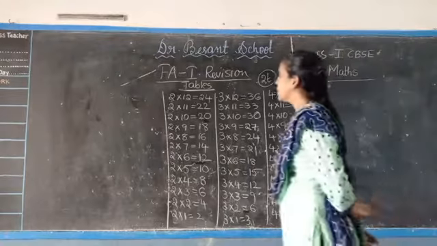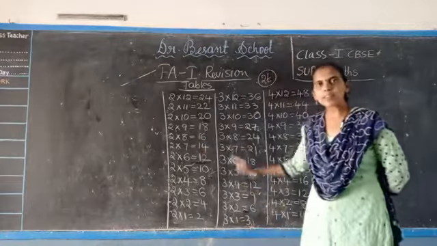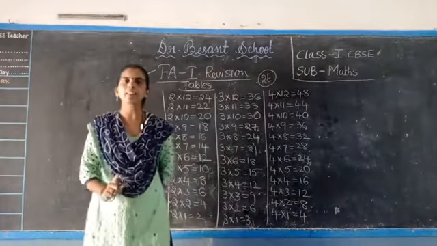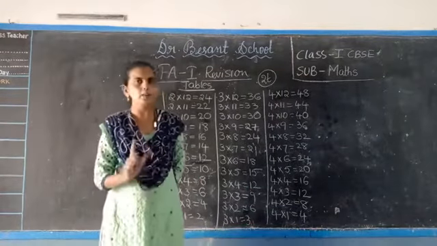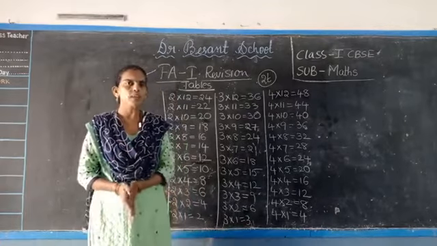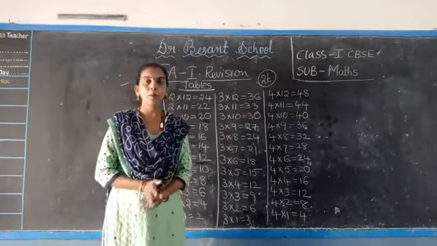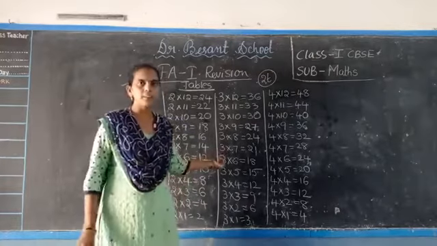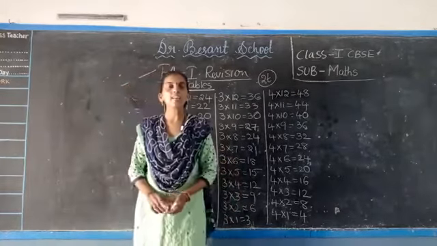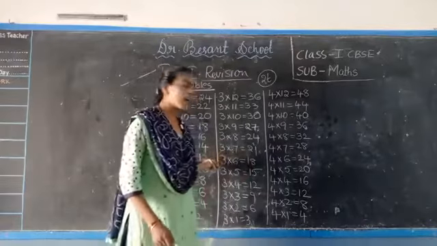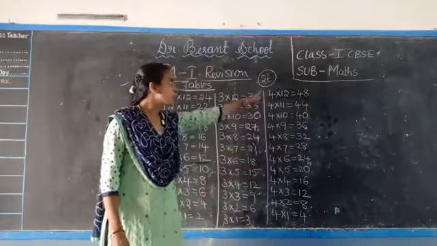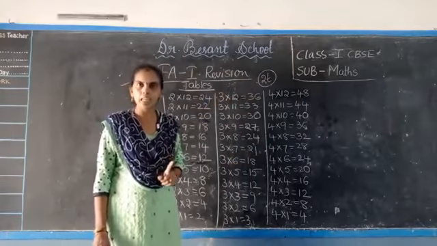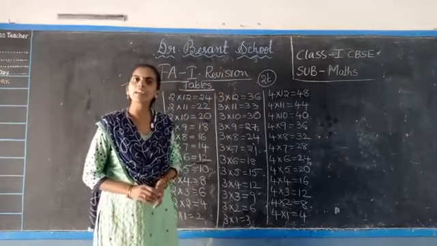Is it clear, children? Backward direction of the 2 table, 3 table and 4 table. Note down neatly in your revision book and learn the tables by heart in forward as well as backward direction. I will ask you the tables in the next class, so be prepared with the tables. Everyone should be perfect with the tables, right? Practice once again and write these tables in forward as well as backward direction 2 times each. Note down this work and practice the tables. Follow the class accordingly.